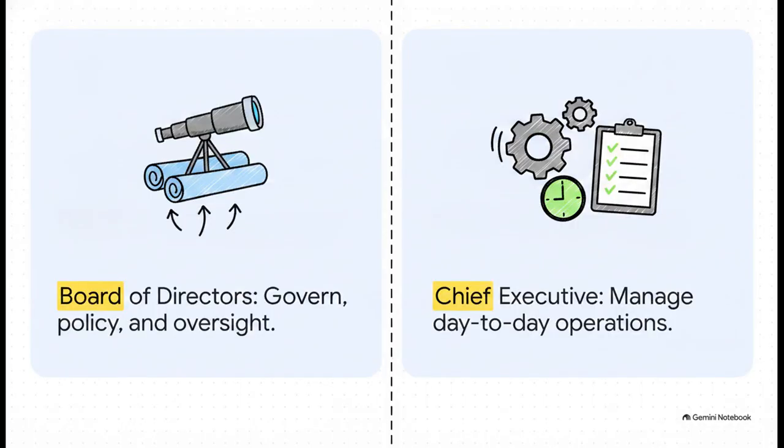And remember, your recommendation must perfectly respect the boundary between governance and management. The board of directors governs the mission, sets policy, and provides strategic oversight. On the flip side, the chief executive officer manages the day-to-day operations, spans the boundaries between the NGO and the external world, and executes the strategy. Blurring these lines? Well, that's a one-way ticket to micromanagement and dysfunction.